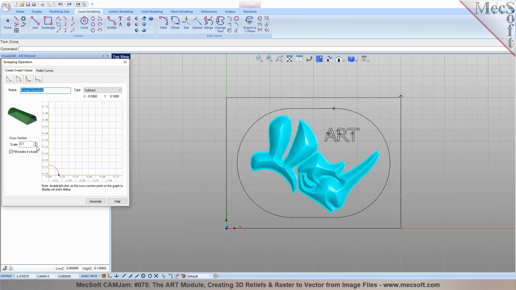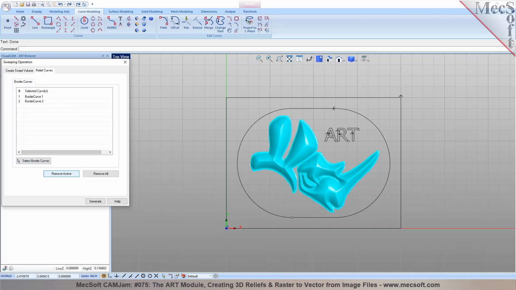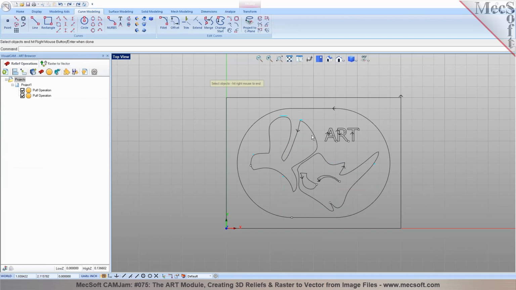I'm going to reduce the scale in here for the sweep. I can adjust the scale as well. As you can see, the scale factor can be set, and you can choose whether you want to add, subtract, or unite. I'm going to add it, and now I'll go to relief operations and select these as my borders,